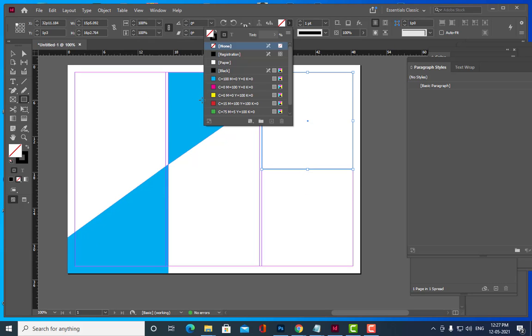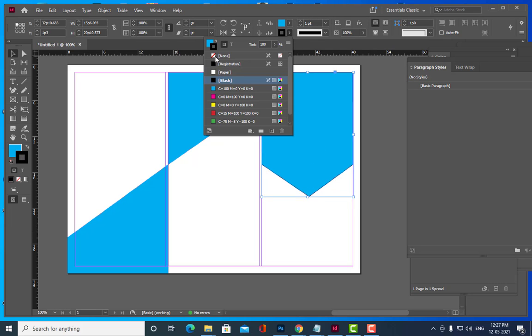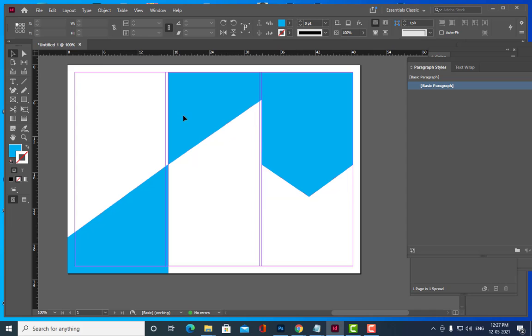Okay, so let's try to give it a bluish color. And see, you can add anchor points here. You can simply add an anchor point. Right, and then we can again remove the stroke like this.